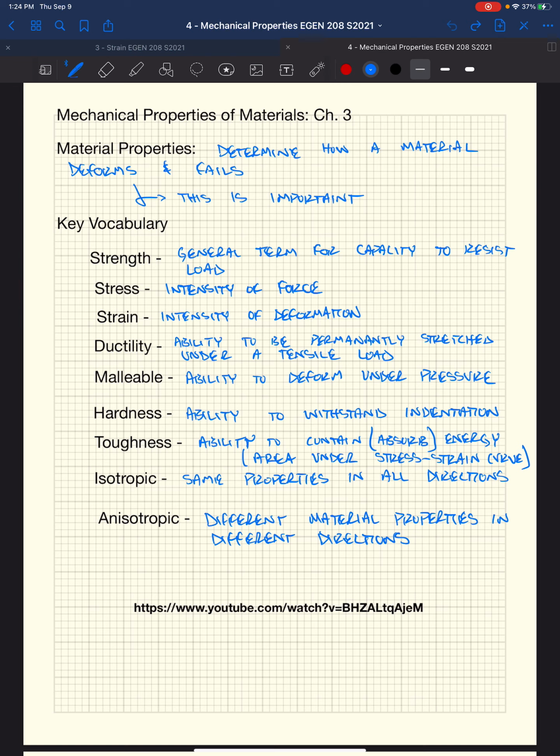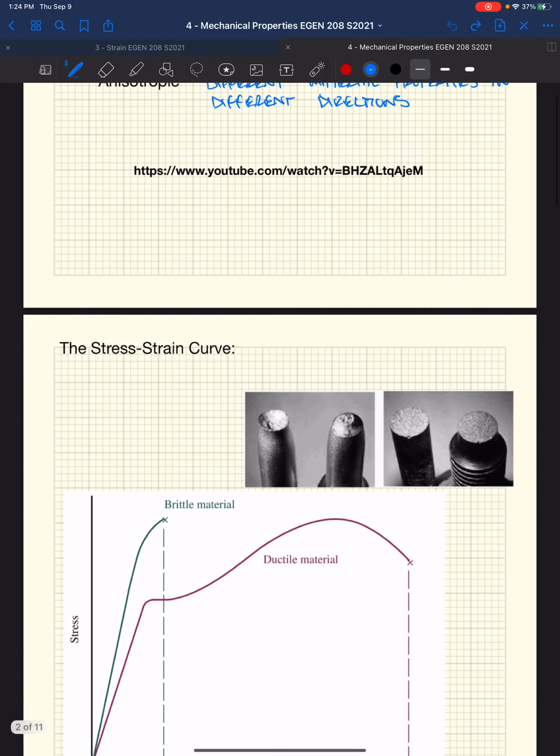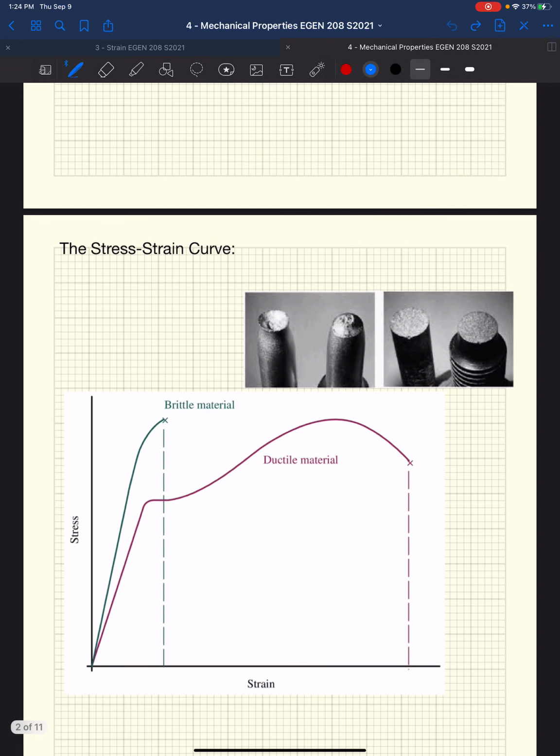As we went through a few key vocabulary terms, which we'll talk about a few more of as we continue on, I gave you this YouTube link, which I think is incredibly useful. It's a real quick 6-minute video talking about all of these little bits of vocabulary and the tensile test, the tension test, is what they call it. One of the big things you get from a tension test, if you did not watch the video, is essentially taking a specimen and placing it